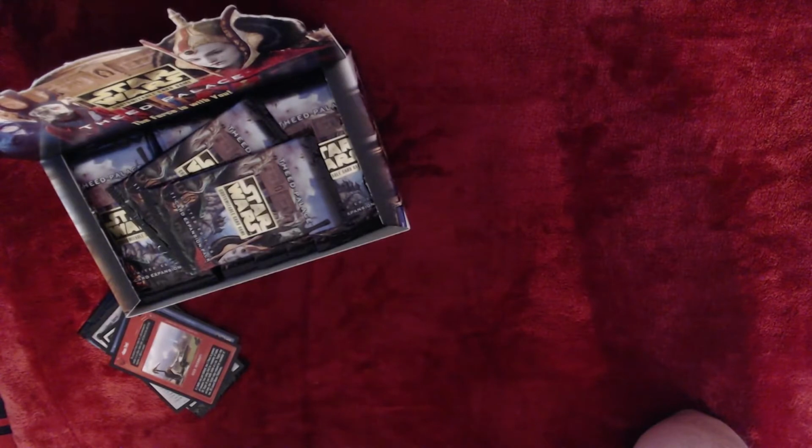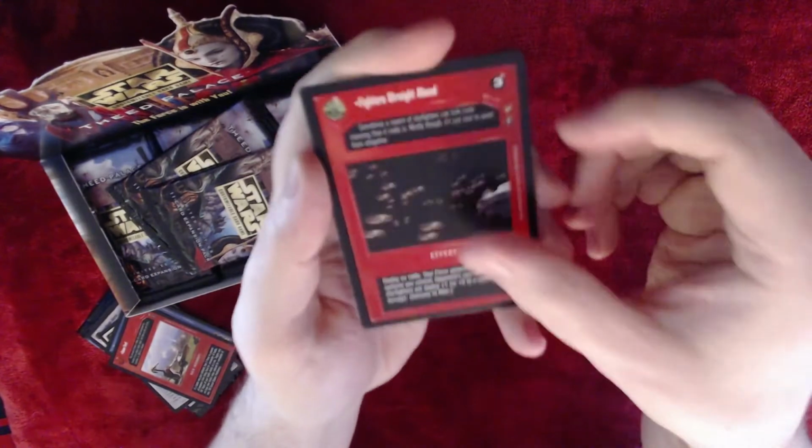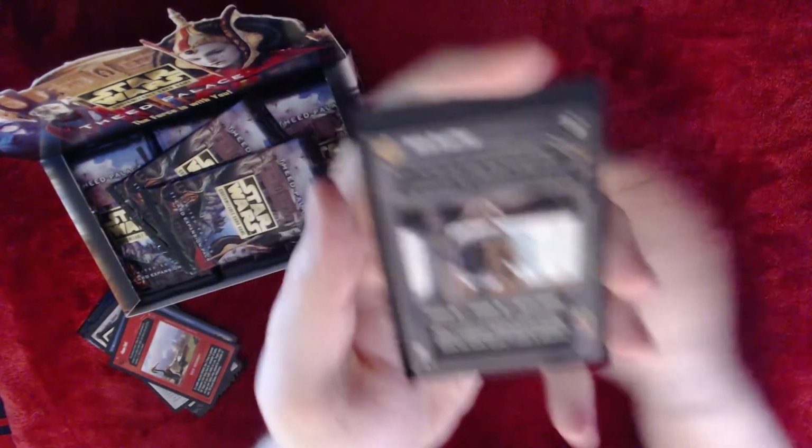Deploy on table, your force generation is +1 at systems you control. Opponent's non-unique starfighters are deploy +1 or +2 to a system you occupy, immune to alter. And then next card we have